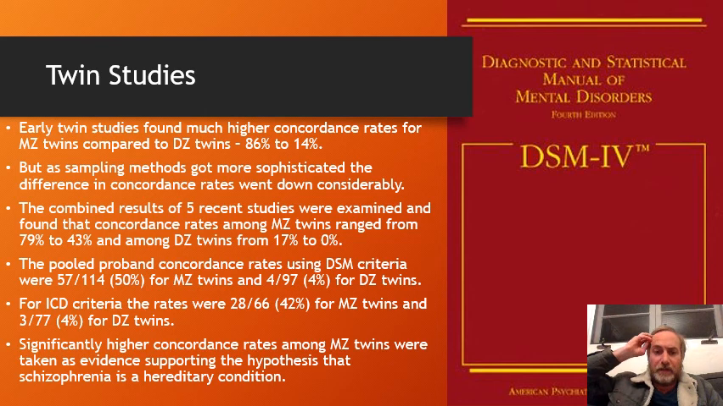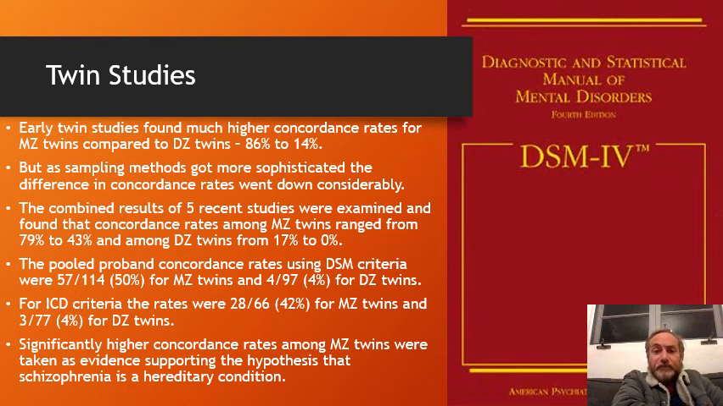So these twin studies have developed through the years, right? Early on, twin studies found very high concordance rates for MZ twins compared to DZ twins, 86% versus 14%, which seemed to be very strong support for a genetic basis for schizophrenia. But as the sampling methods got a bit more sophisticated, you got less impressive concordance rates, but still significant, right? So again, this study that we're going to look at combines the results of 5 recent studies